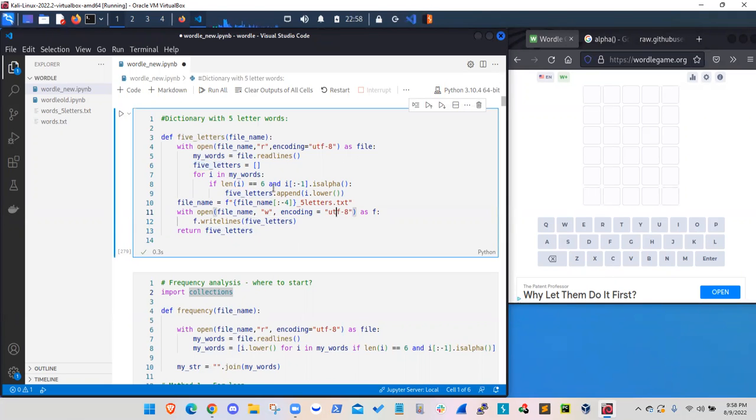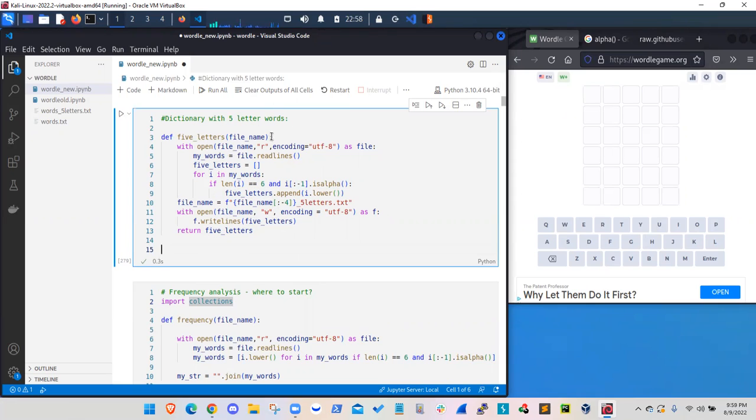I have two conditions in the if statement here. One is the length. So I'm having a for loop for the entire words list, and if the length equals 6, I keep it. The reason I have 6 in here is